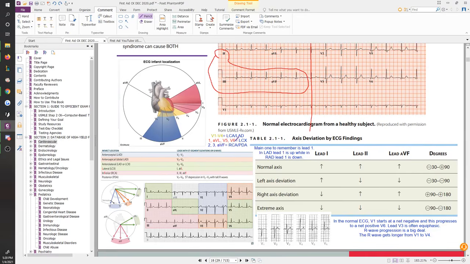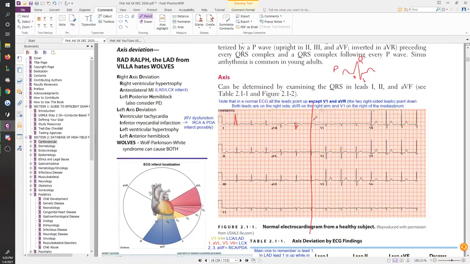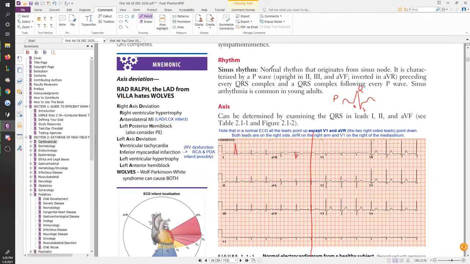And what happens is that the placement of these leads, as I was saying in the beginning, so make sure you check out a video of the placement of these leads, is partly the reason why a lot of these lines either go up or they go down, right? So here they just told you that you're going to look for a P wave that is upright in 2, 3, and AVF, right? You're seeing it. It's all there. You don't have a P wave that's going down. It's not a very prominent P wave, but they are there, and they are pointing up.